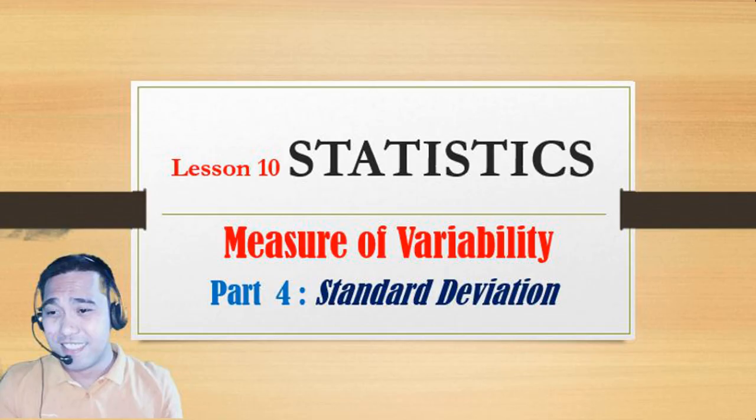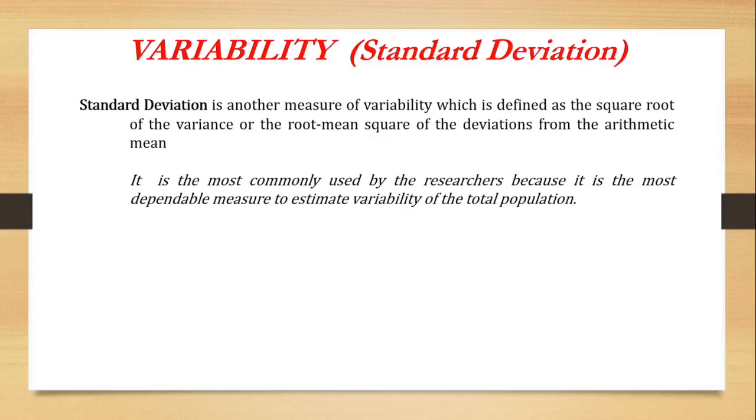This video lesson discusses measure of variability, which is the standard deviation. Standard deviation is another measure of variability which is defined as the square root of the variance, or the root mean square of the deviation from the arithmetic mean. It is the most commonly used by researchers because it is the most dependable measure to estimate variability of